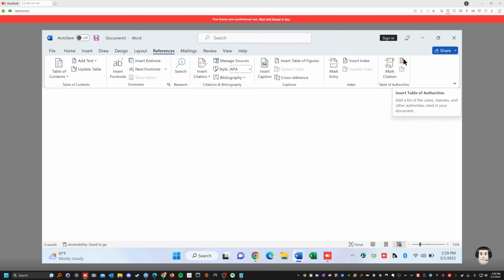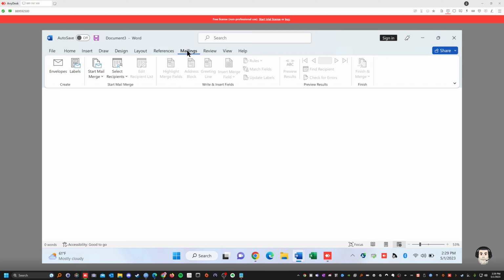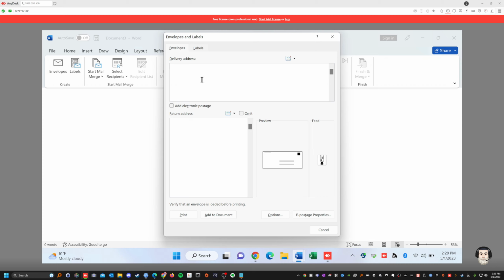Yeah. See? Next one is for mailings. Mailings, if you want to do an envelope, right? And there's different sizes of envelopes. So let's click on that. And this is how the delivery address, return address, see how it looks right here? That's a preview. This is how you have to feed it on your printer. Depending on the printer that you have, it'll give you the way you're supposed to feed the paper or feed the envelope. Yeah. And then you print, and then it prints out this information that you wrote onto the envelope, right?